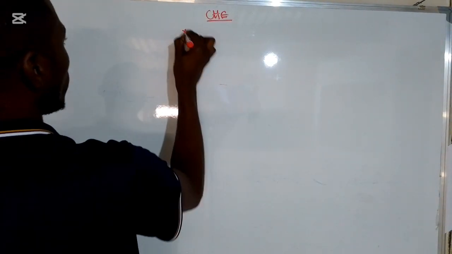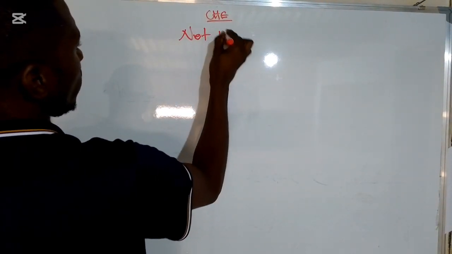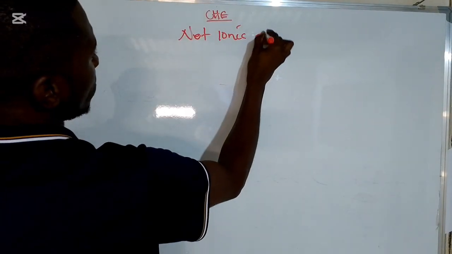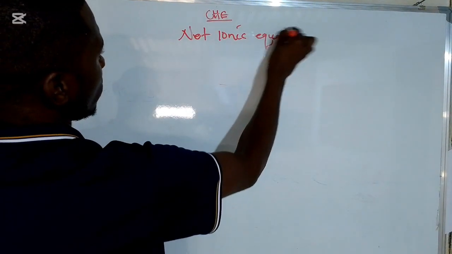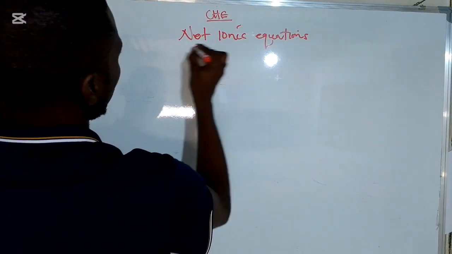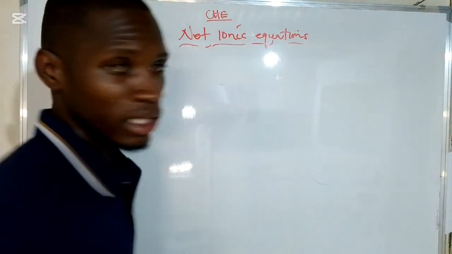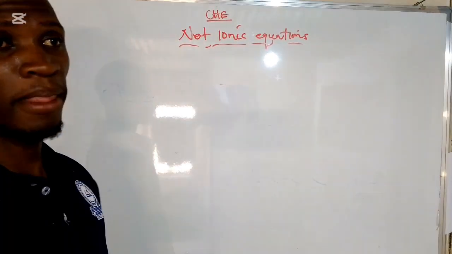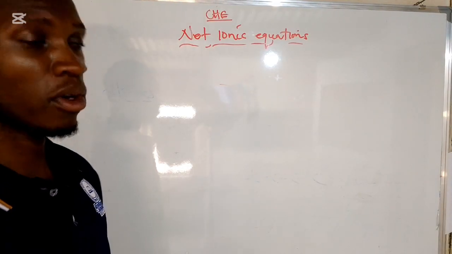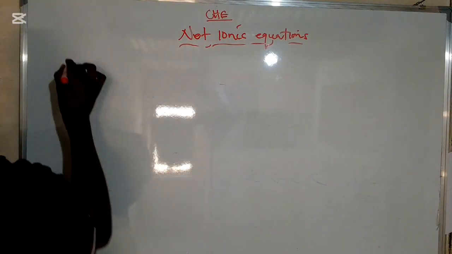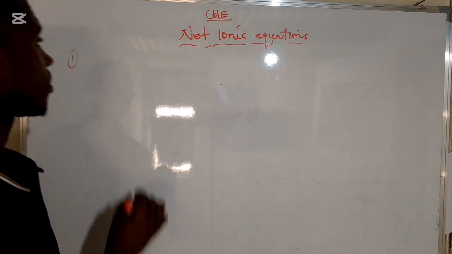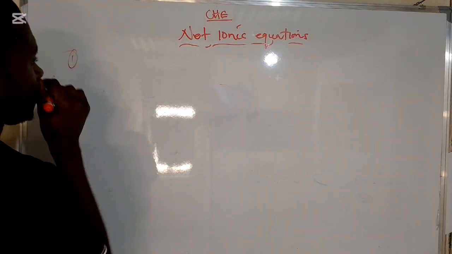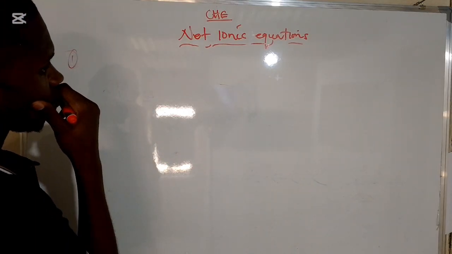Okay, so let's look at the net ionic equation. We're going to look at how to write the ionic equation from the balanced chemical equation given. So the first example we're going to look at, let's say